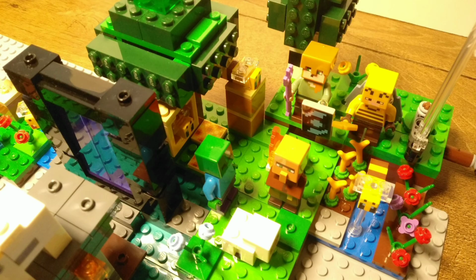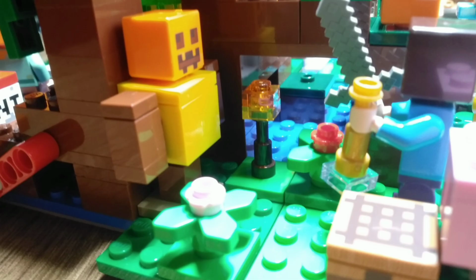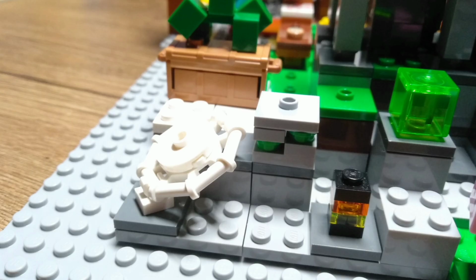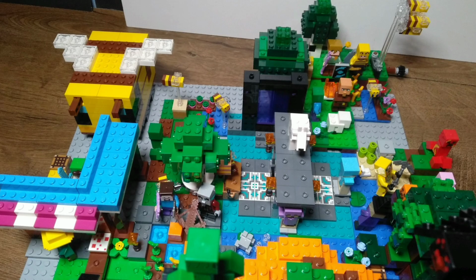I then added the bee farm as well as the creeper ambush, and after that I added all of the smallest sets into some of the gaps and corners. So here is almost all of a full world connected. I do quite like the look of it, but this isn't everything, because if you had been counting the sets,